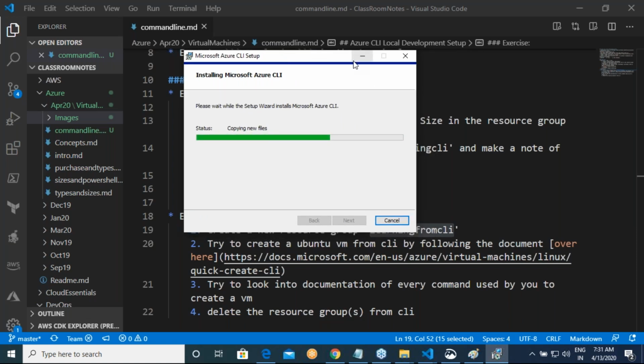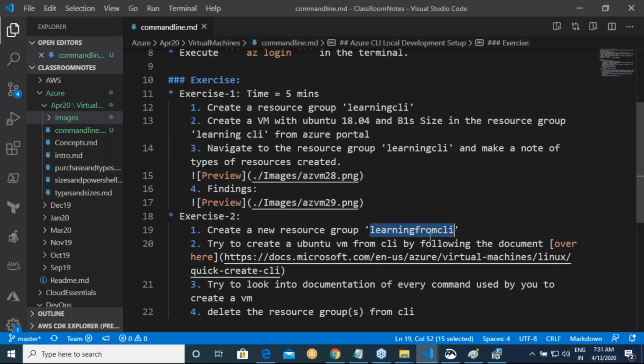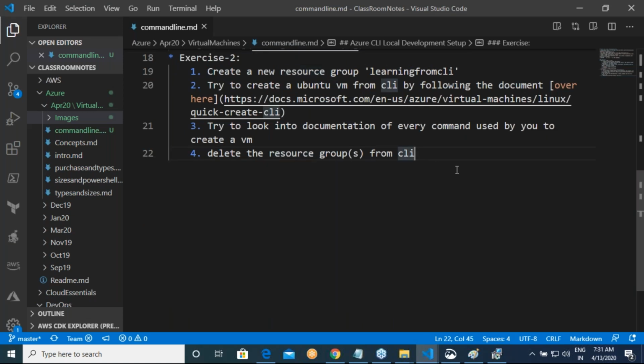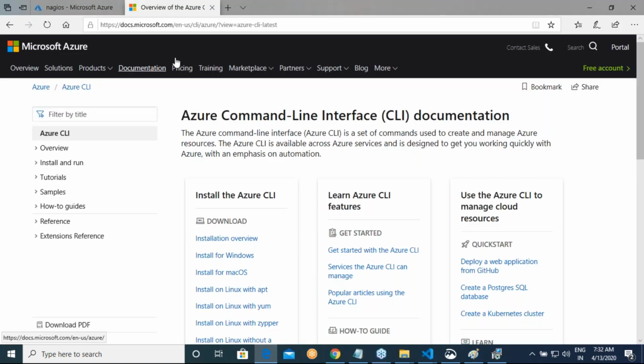Okay, guys, I think it will install the CLI. I think I should be ready with my setup. I would expect that you guys have this setup and then you have done these two things. Delete the resource groups from CLI. And that is very simple. Okay. So you have to basically